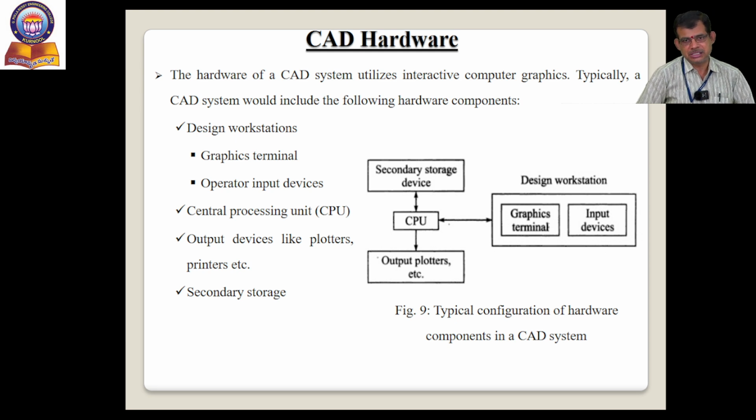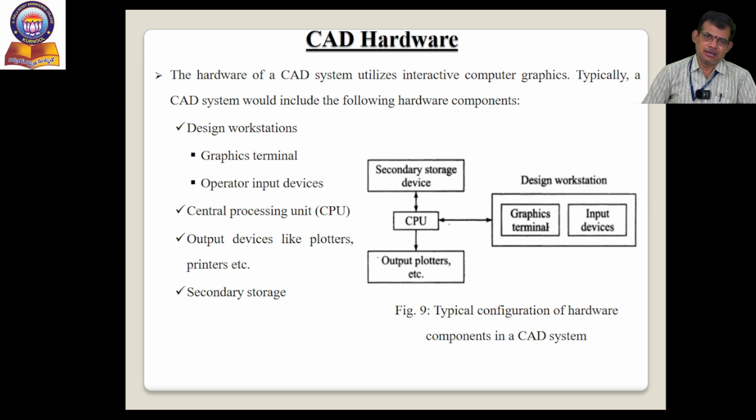The next one, CPU, central processing unit, with high configuration probably. Then supporting this CPU, we have output devices like plotters and printers, because we need hard copy printouts also. Then secondary storage devices to store the information also. This is the basic physical configuration of the CAD system. In the design workstation, you have two things, graphic terminal and input devices. Are mouse and keyboard the only input devices, or are there any other things